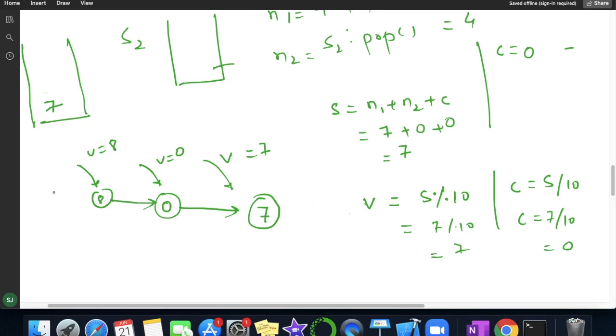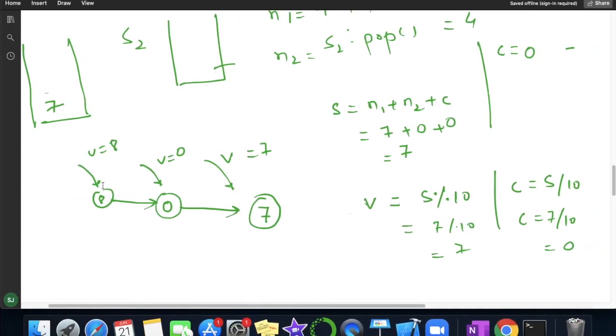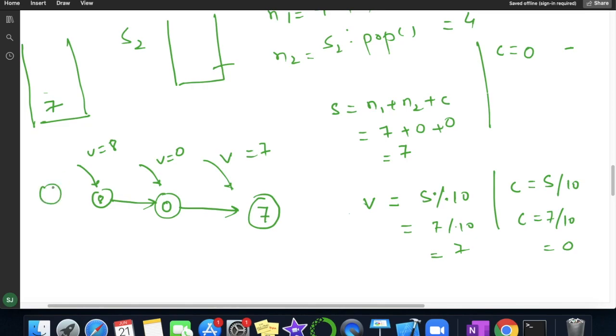Again we have to create a new node and pass the value 7, and again we will append the new node dot next to the previous one. So you can see it, and we will simply return this as the head. So you can see we got the answer 7807.